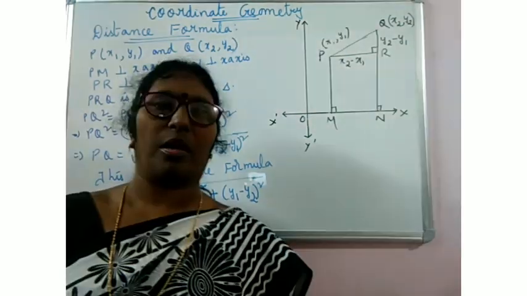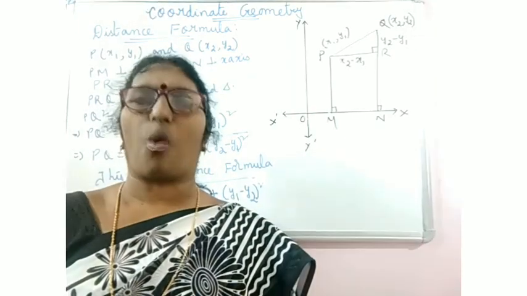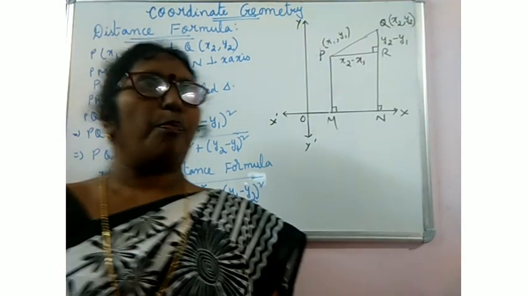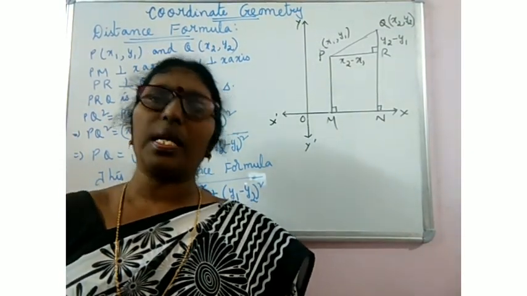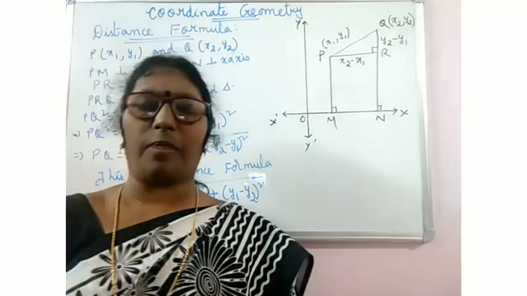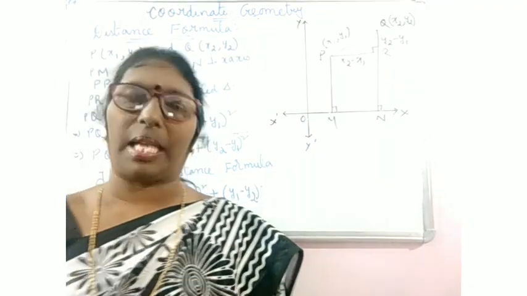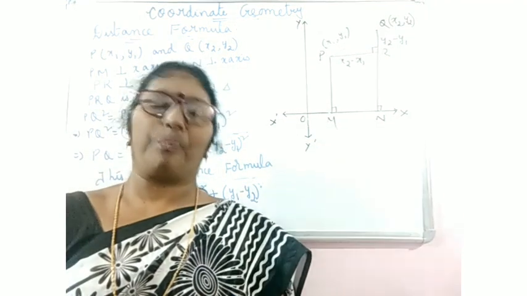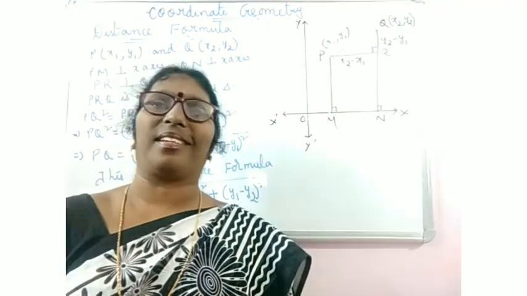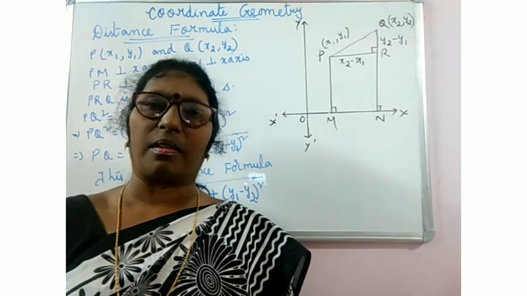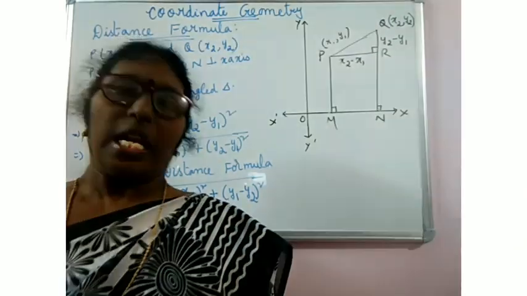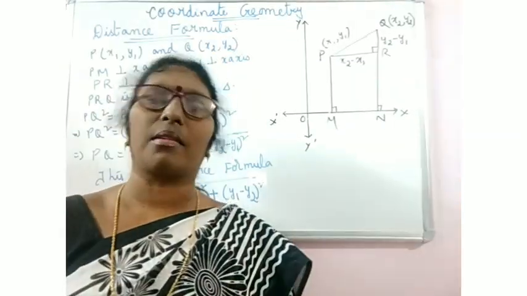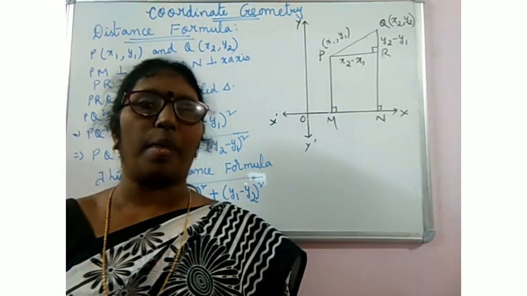And if you want to show that the given points form a rhombus, show that all the sides are equal. And if you have to show that the given points form a rectangle, you show that both the opposite sides are equal, and also you have to show that diagonals are equal. Because in a rectangle diagonals are equal. A parallelogram in which the diagonals are equal is a rectangle. So in order to show that it is a parallelogram, you show opposite sides are equal. If you want to show that the given points form a rectangle, you have to show that the diagonals are also equal. Same is the case for rhombus and square.